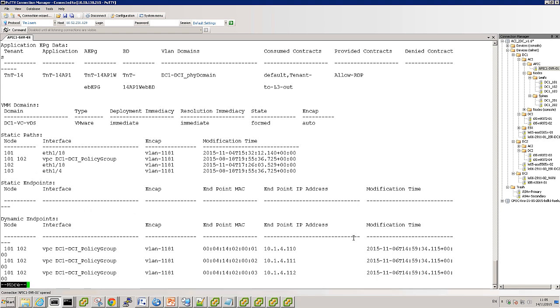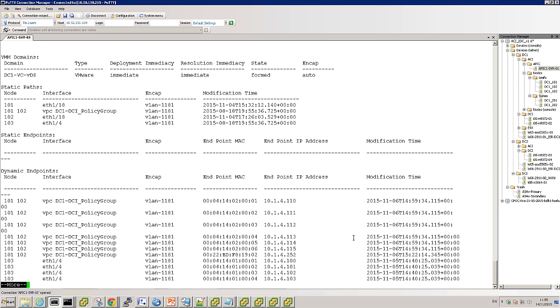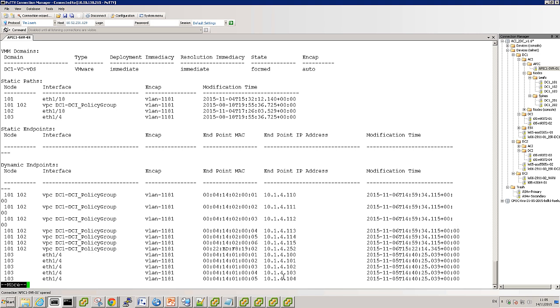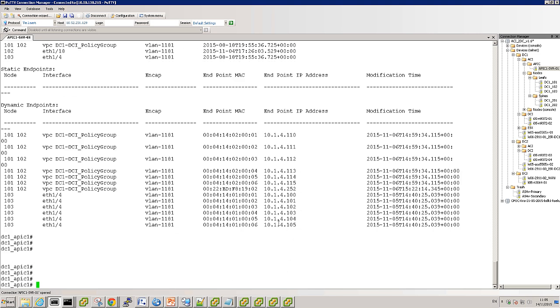And also it shows here what are the endpoints that have been dynamically learned. So I know that as part of that EPG, all of those endpoints here, they are what they are and where they are connected to. So the node, the interface, and even the VLAN that's used towards outside the fabric. So very, very powerful here to get a lot of information, including even who is connected